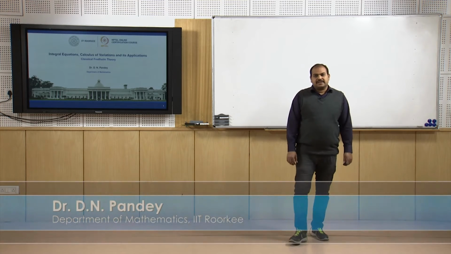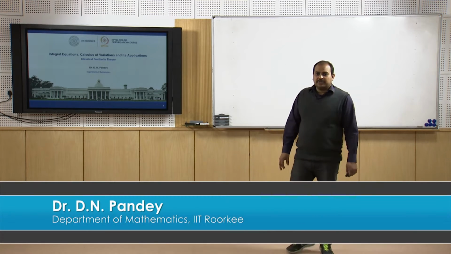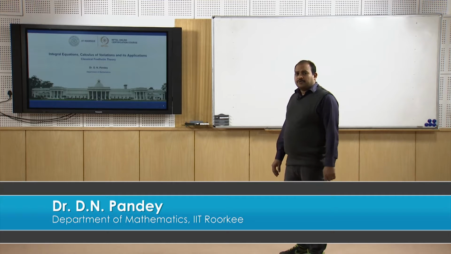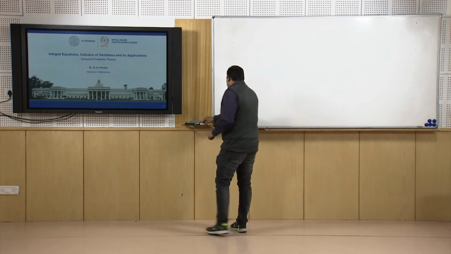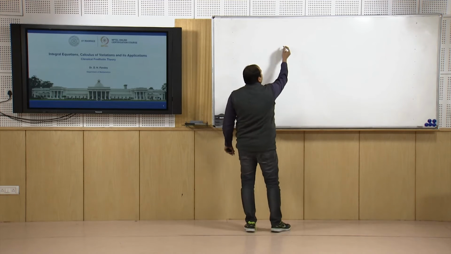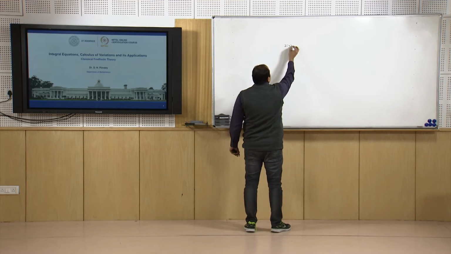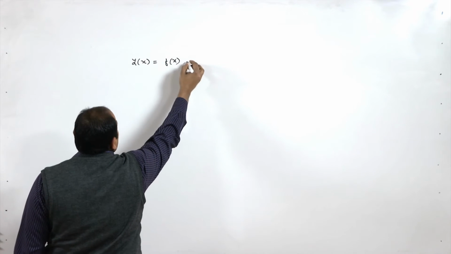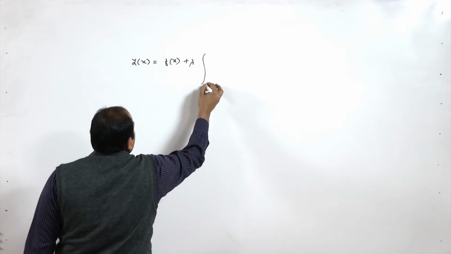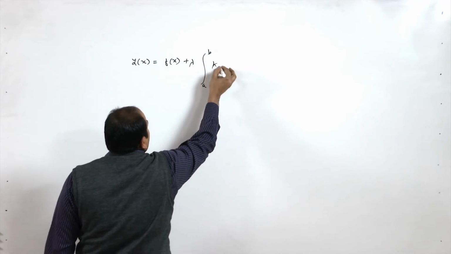So hello friends, welcome to today's lecture, where we will discuss the classical Fredholm theory for solving Fredholm integral equation of second kind. So basically we are looking at this kind of solution, that suppose we have this Fredholm integral equation of this kind, y(x) equal to f(x) plus lambda times integral from a to b of k(x,t)